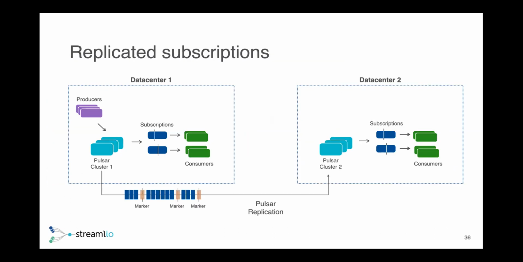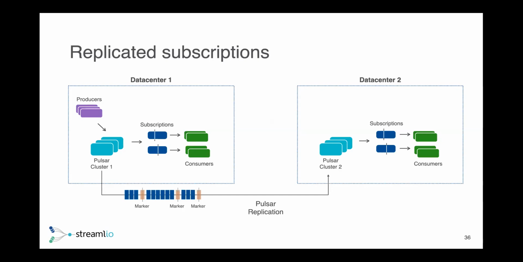You can also set up the concept of replicated subscriptions. So not only do you worry about physically keeping the data and moving it from point A to point B, from data center 1 to 2, you also keep track of where the consumption was on the subscribers. These individual processing markers at the bottom indicate where you checkpoint and say, I have consumed these particular messages, and this is the last one I left off at any point in time.